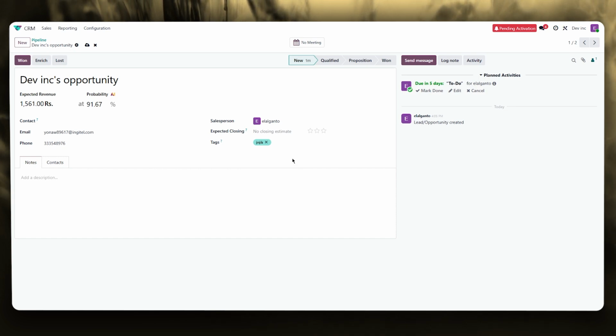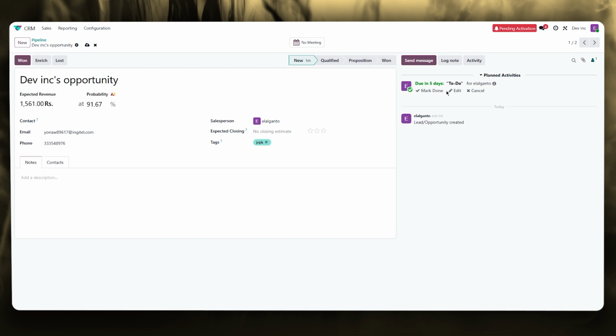Then moving on from there, these activities are linked to the opportunity and ensure that no lead is forgotten. So to create a follow-up, what you're going to do is schedule an activity for yourself, basically. Okay. And this is the schedule activity that I created over here, which is basically a follow-up. Now,